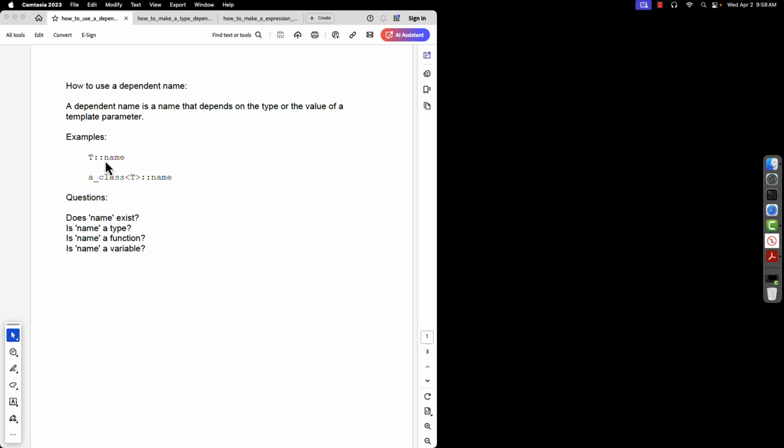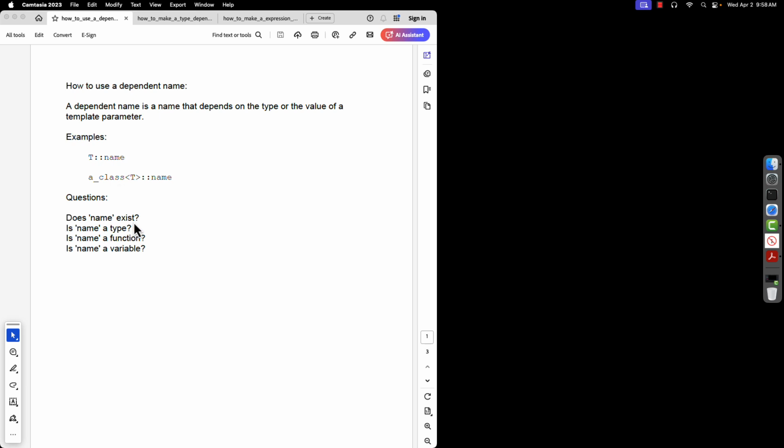Examples of the syntax might be, here is a use of a template formal parameter, T::name, a name within the scope of that, whatever that is. You can also have T be a parameter to some class, and name is a member of class of T. The questions that arise are, does name exist? Is it possible that some things that replace T have a member with this name and some don't? Sure. Same here. So there's no way to know when we use that syntax if there really is such a